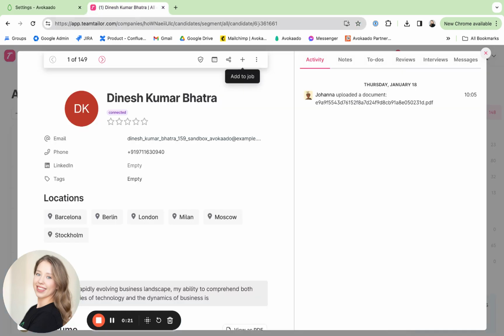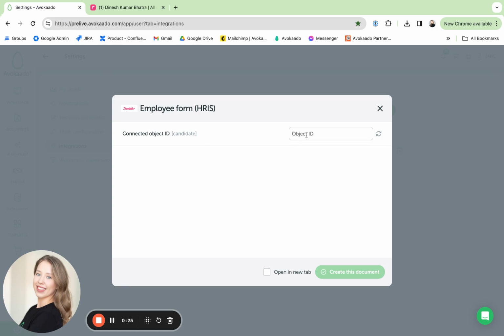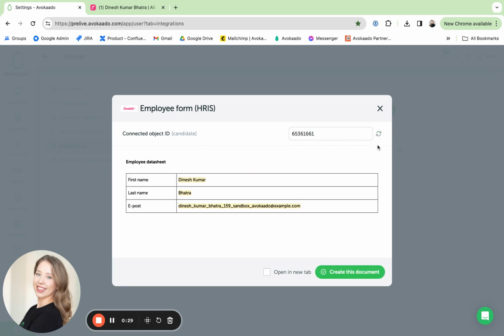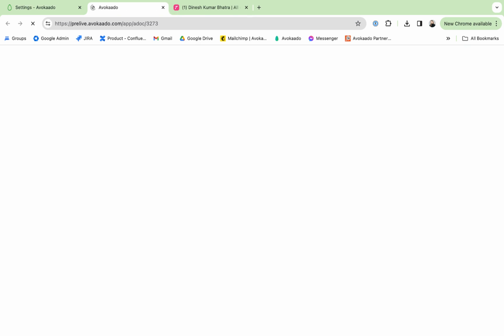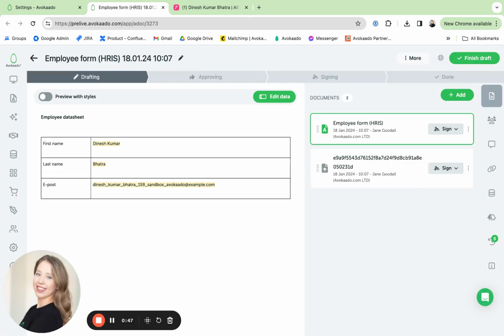To start off, you're going to jump over to the software and copy the employee's ID and paste it here. By clicking here, I'm generating a preview of the document just to see that I'm pulling in the right person's data and I've set up everything correctly. And to create the document, I click here. This initiates the document with all the necessary documents or settings I've set.